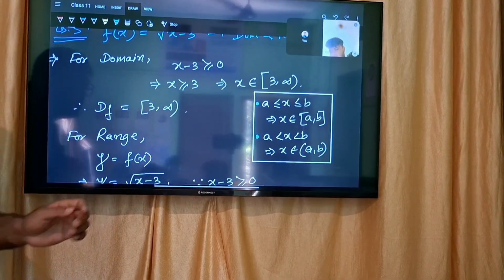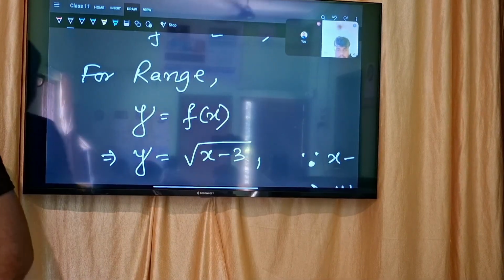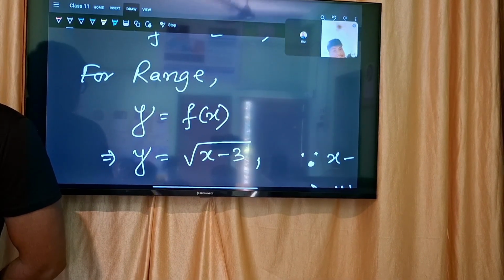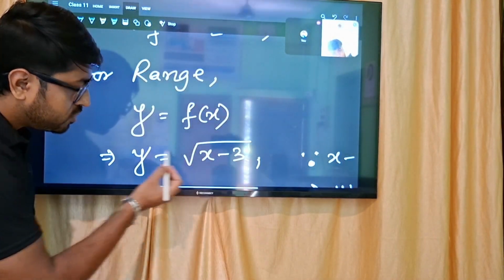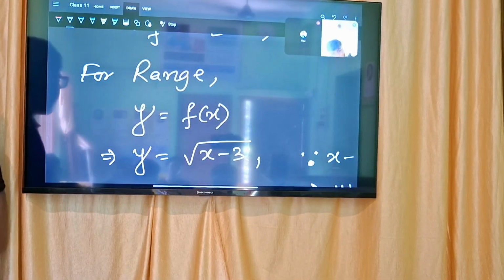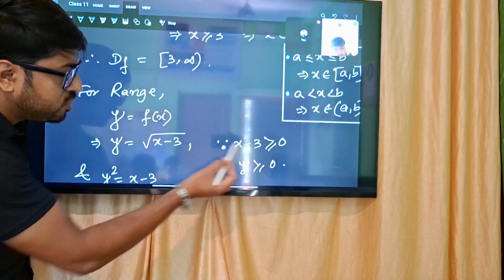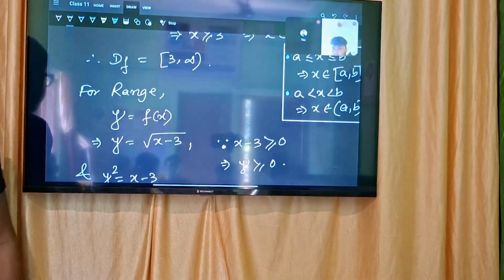আচ্ছা, for range y equal to f(x), তো y equal to root under x minus 3, কারেক্ট না? আচ্ছা, x minus 3 কি নিয়েছিলাম আমরা? পজিটিভ, greater than equal to 0. So if x minus 3 is greater than equal to 0, so y also should be greater than equal to 0 না? দেখ পাশে লিখে আছে। Since x minus 3 is greater than equal to 0, that means এই পুরোটাই পজিটিভ, so y should also be positive, greater than equal to 0. সো অ্যাকর্ডিংলি আসছে আমার কাছে।